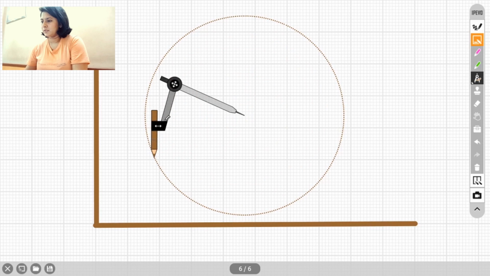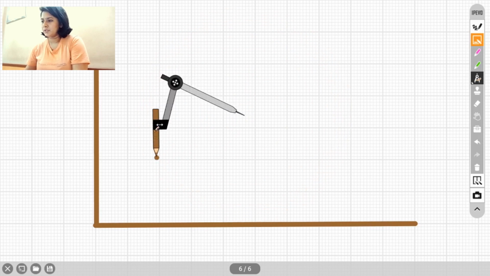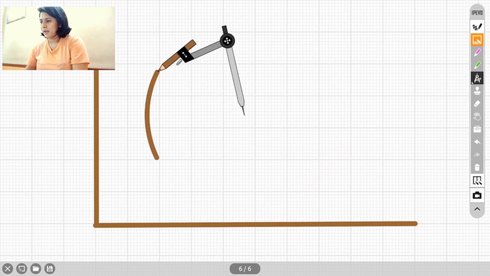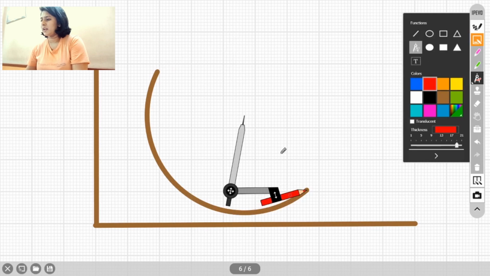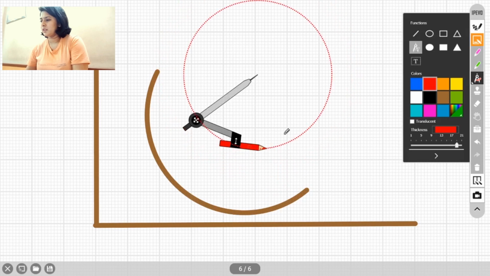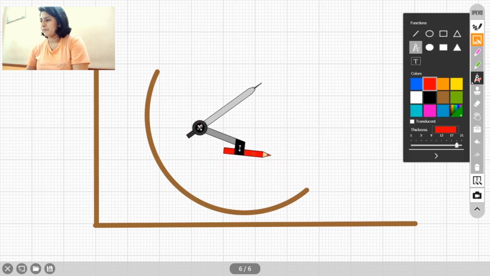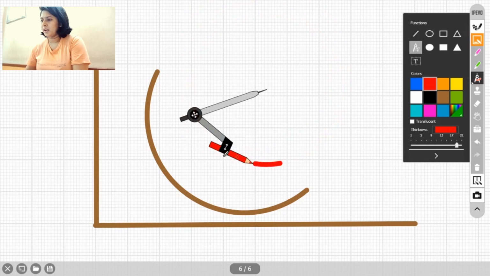Okay, so I place my pen here, I use this tool, and then I'll just drag my pen and make a curve with it. So I have this compass here and I can make a curve. I choose a red color now. I'll just place it somewhere else, shorten the width.